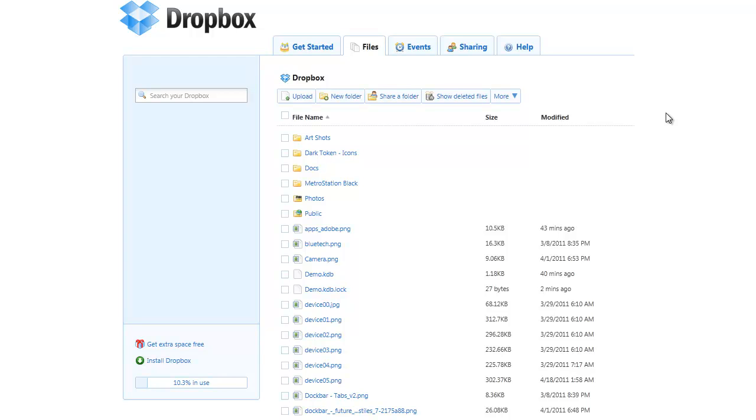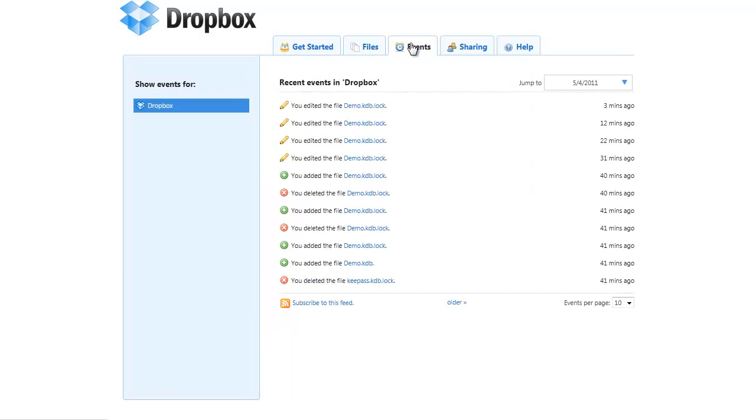Some of the other cool things is if I click on the Events tab here, it'll tell you what's happened with your files recently. This is great if you want to do collaboration with Dropbox and you want to keep track of who has edited a file. And the way you collaborate is you go to the Sharing tab here,